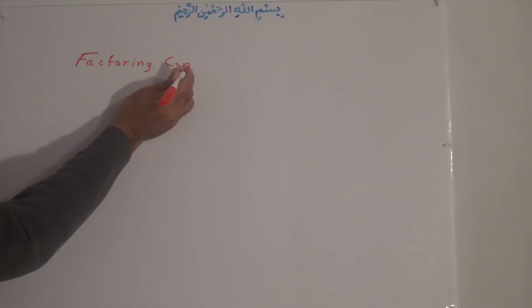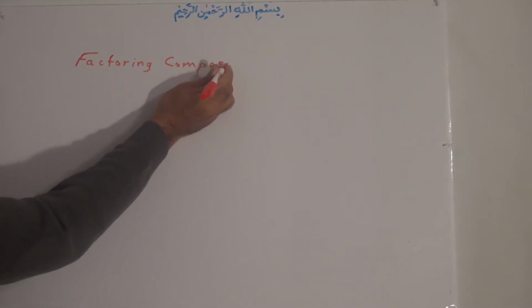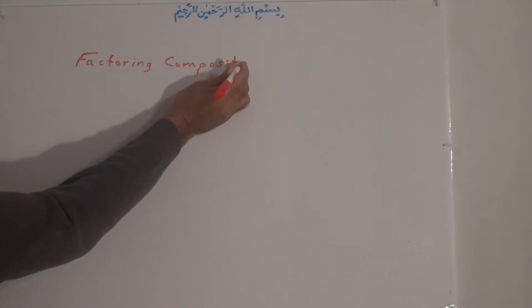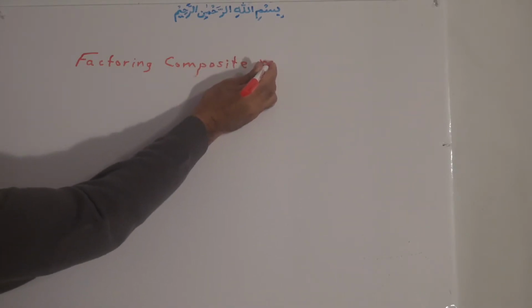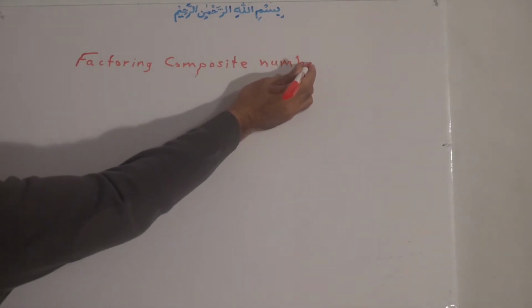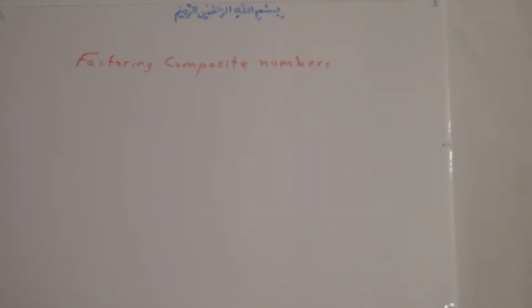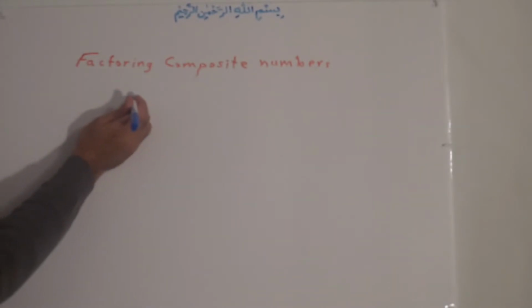composite numbers. Factoring composite numbers into what? Into prime numbers. It means from which prime numbers that composite number is built. For example, we have a composite number